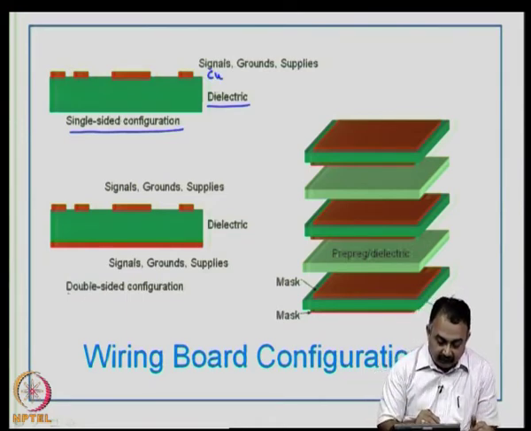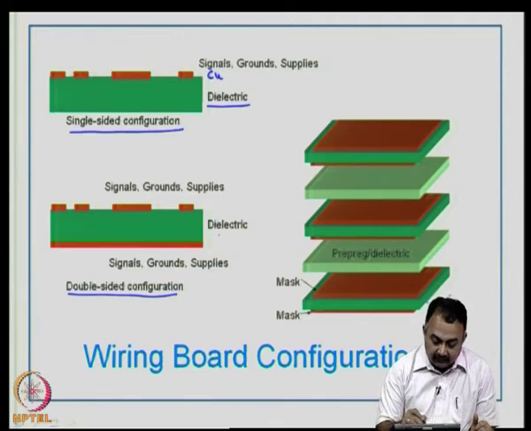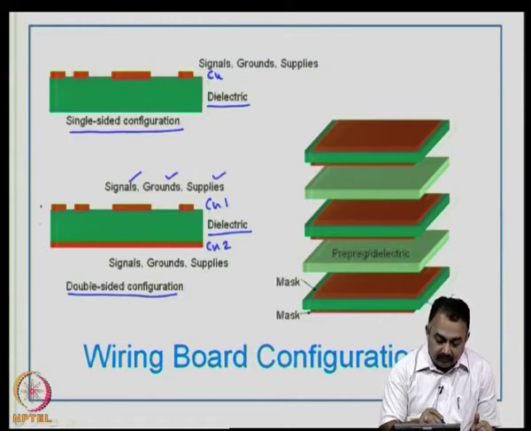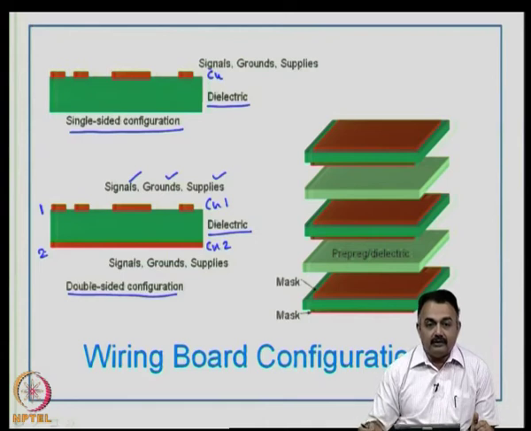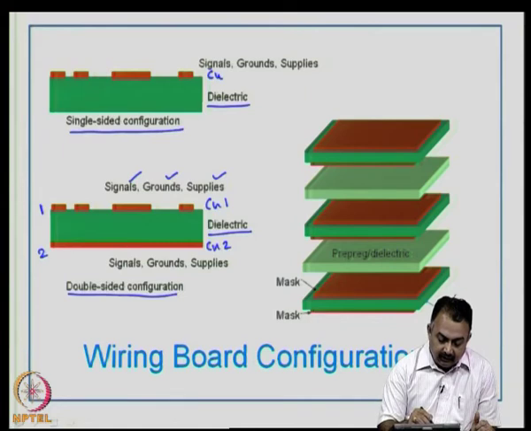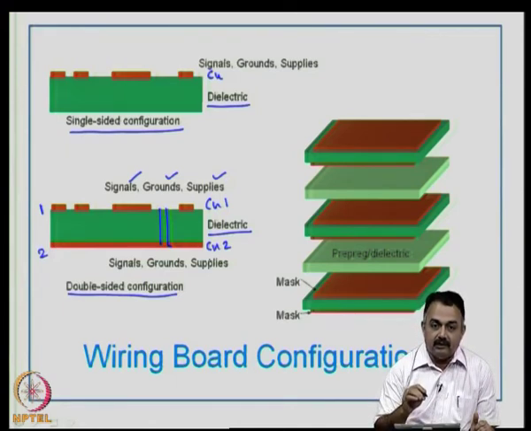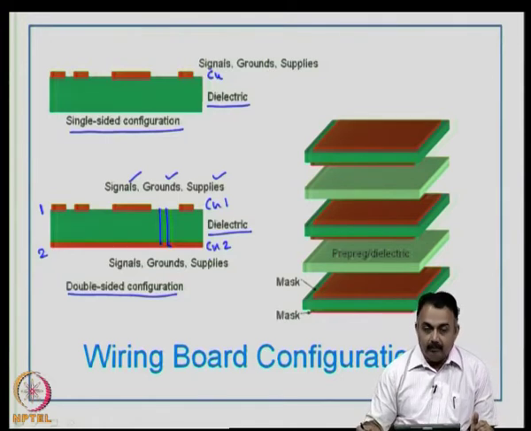In a double sided configuration, you have a dielectric structure as usual, which separates the copper 1 layer and the copper 2 layer here, and you can see you are able to spread the signal lines, the ground and the supply lines between the two electrical layers, the top and the bottom. Of course, you can interconnect these two by using via structures and plating those via structures to establish reliable copper